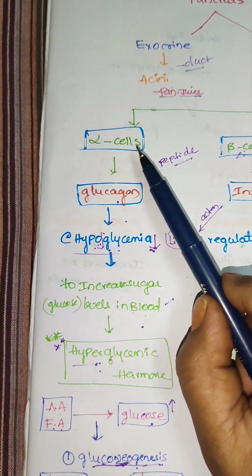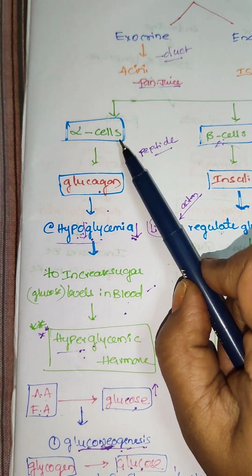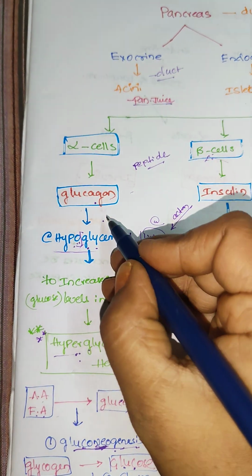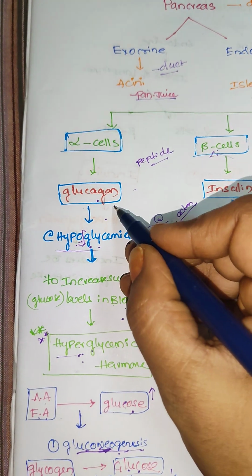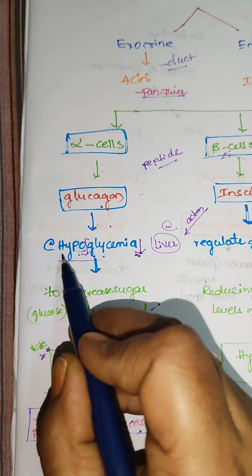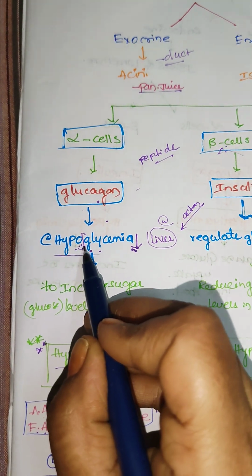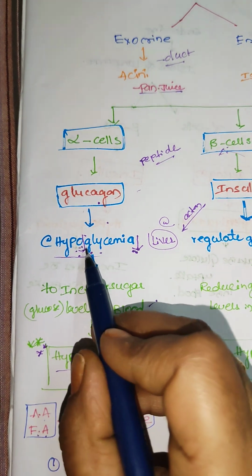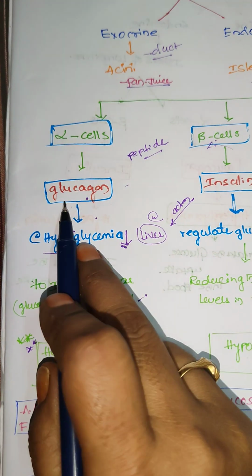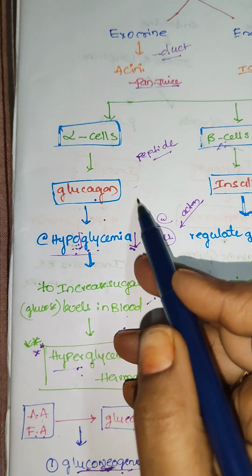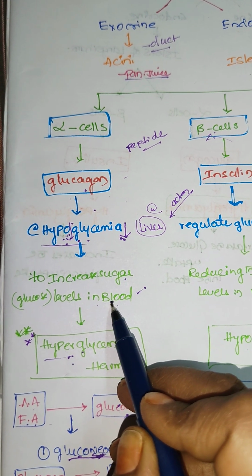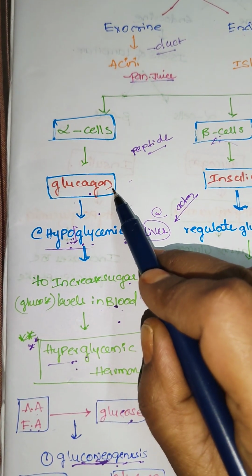Come to the first cells, alpha cells. The alpha cells produce the glucagon hormone. Glucagon is released at the time of hypoglycemic condition, where the term hypo indicates decrease, less. When the glucose level in the blood is low, glucagon is released, to increase the sugar levels in the blood. So that is why glucagon is also called